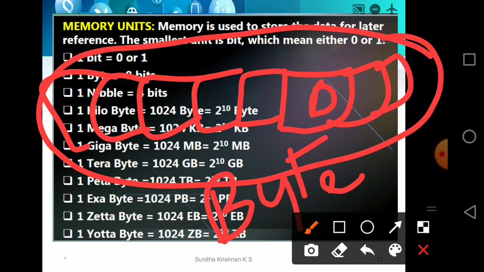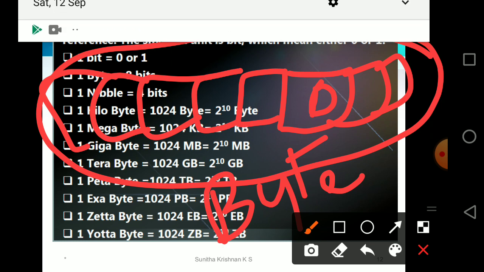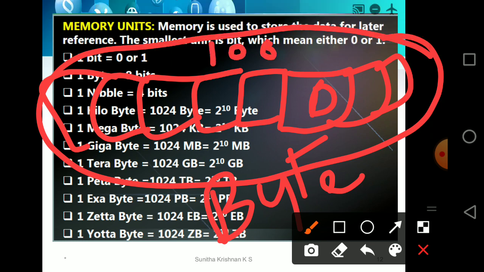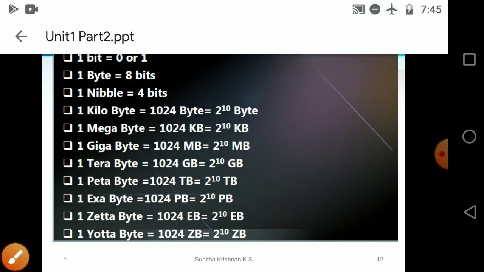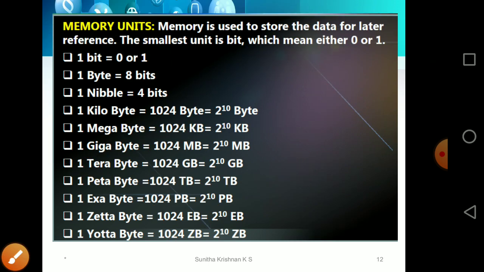These 8 bits constitute a byte, and this 1 byte in the memory also has an address. For example, now I am giving the address as 1000. A number will be associated with these 8 bits, and 8 bits together we call 1 byte, and it is also a memory location. These 8 bits together refer to a memory location. The numbers are stored in this memory. So 1 byte constitutes 8 bits, and 1 nibble is 4 bits.